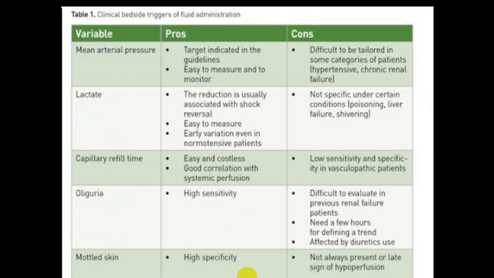There are advantages and disadvantages mentioned here in this slide. At your leisure time you can go through. So how much importance will it be? Oliguria is quite sensitive. Mottled skin is also quite sensitive. Lactate level will be very helpful if the person is in a shock stage. Capillary refilling time tells you that there is a diminished peripheral perfusion. You require a rapid correction. And if there is an arterial pressure which is markedly low, that is also in favor of hypotension and shock stage. So this becomes very, very helpful in clinical assessment.